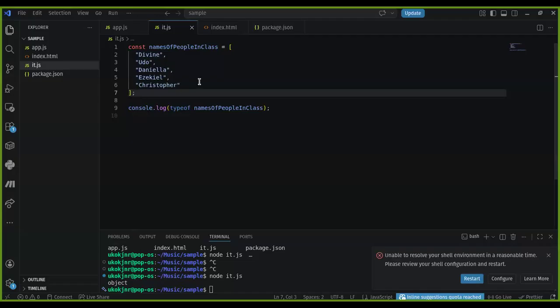So we have this list. Remember that I said each value here is indexed. If you print it out this way, you see everything like this. If I wanted to access the first value in this array, I'd say names of people in class at the index of 0. That's going to give me Divine because